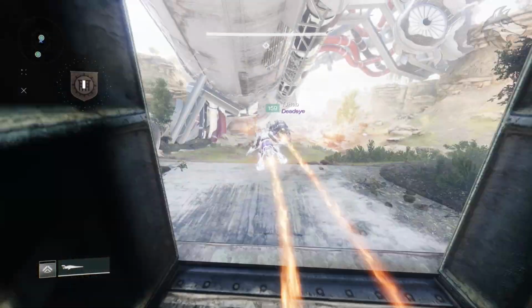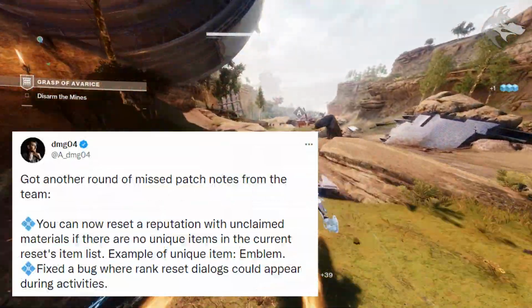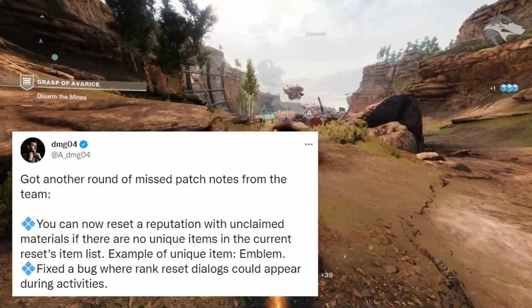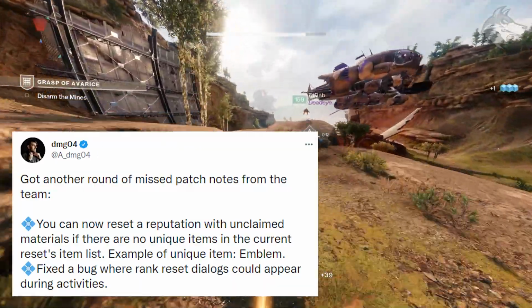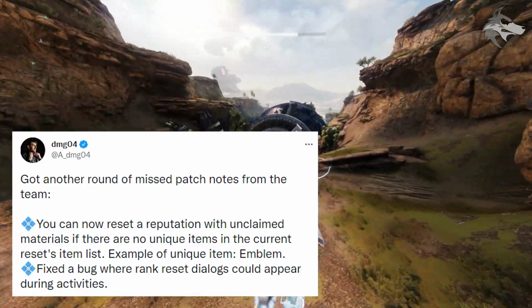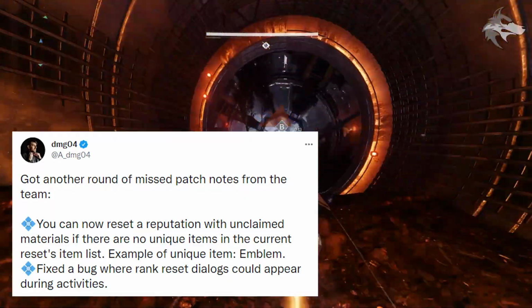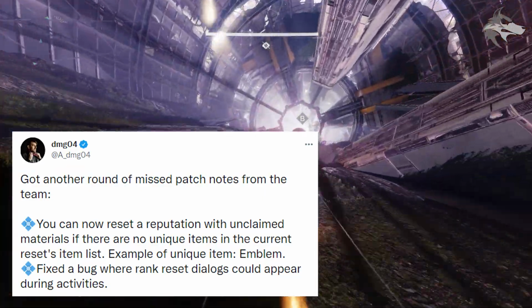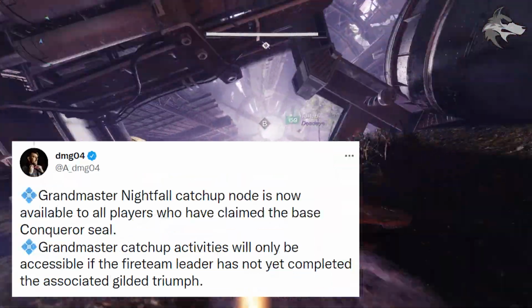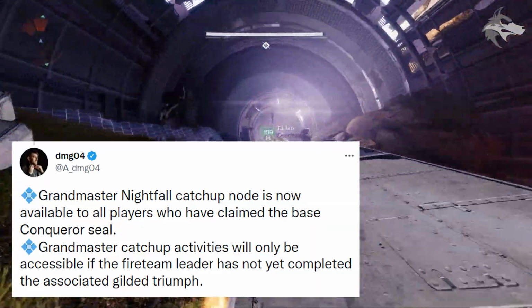And now as we get into the Destiny content, DMG tweeted and he said we've got another round of missed patch notes from the team, and these are from the update on Tuesday. And so firstly, you can now reset a reputation with unclaimed materials if there are no unique items in the current resets item list. And they give the example of things like emblems. They also fixed a bug where rank reset dialogues could appear during activities. Plus the Grandmaster Nightfall catch-up node is now available to all players who have claimed the base Conqueror seal, and